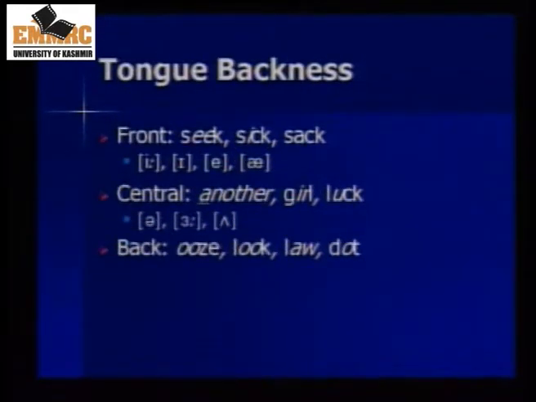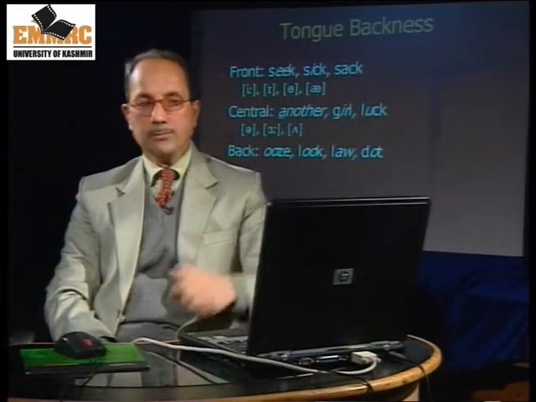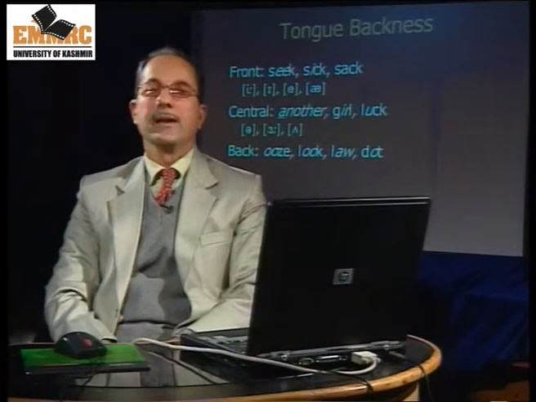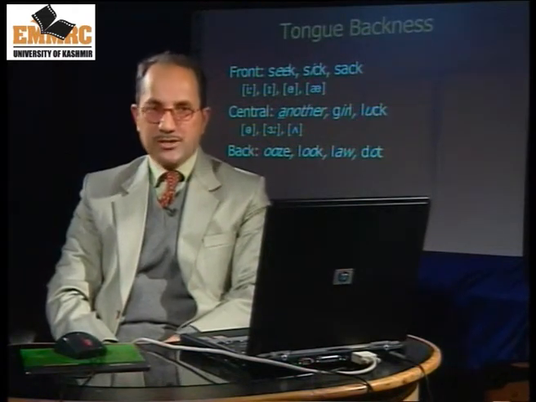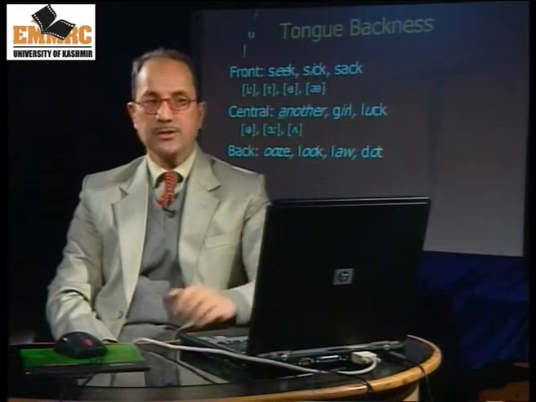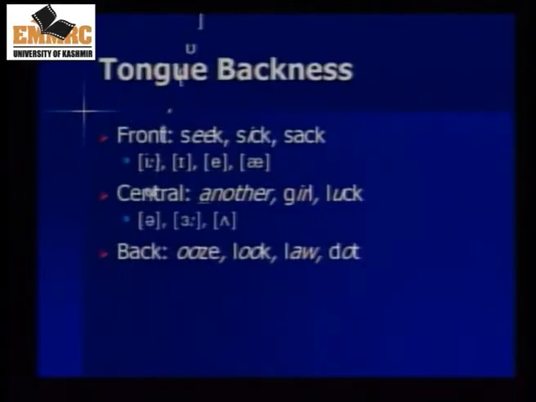Now let us look at back vowels. Ooze, look, low, dot. If you compare them with other vowels, you will find that these are produced at the back of the tongue. The symbols which are used for these vowels are oo, o,